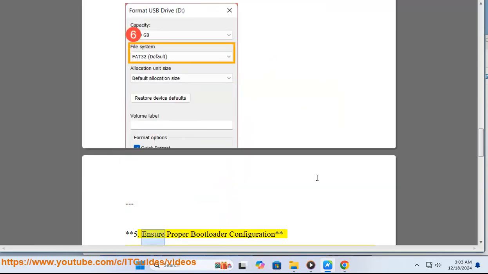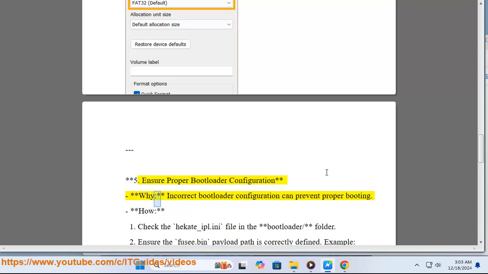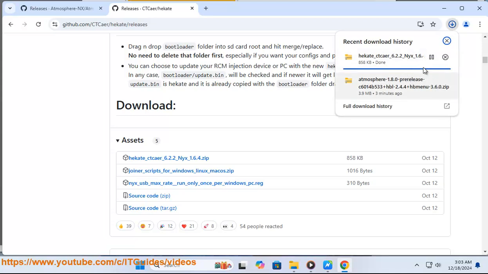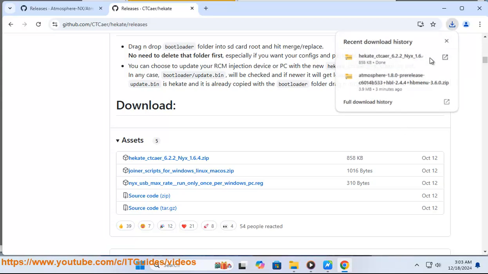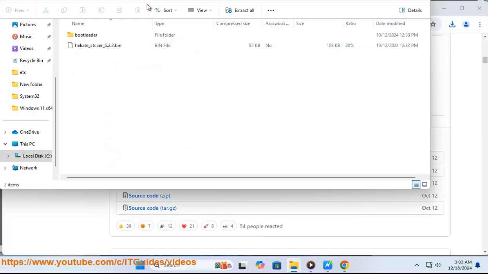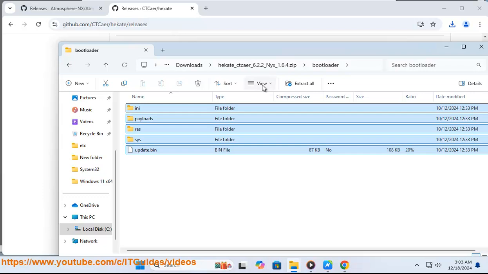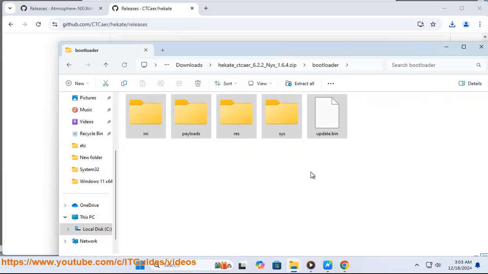5. Ensure proper bootloader configuration. Why: incorrect bootloader configuration can prevent proper booting. How: 1. Check the hekate_ipl.ini file in the bootloader/ folder. 2. Ensure the fusee.bin payload path is correctly defined. Example: payload=bootloader/payload/fusee.bin